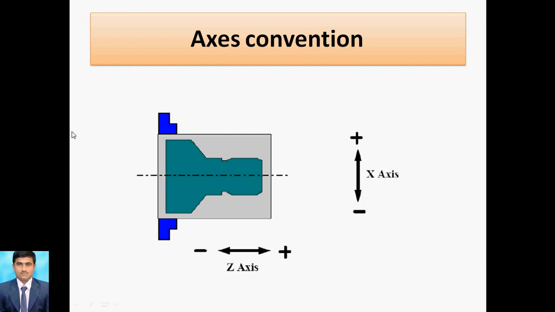Actually turning has two methods, one is radial programming and the other is diameter programming. In radial programming we mention the radius, and in diameter programming we mention the diameter. So turning operation depends on two directions only, X and Z. If you mention the diameter, you take it positive. Suppose this diameter is 20, so I can write positive X20. Suppose Z is 20, so I can write Z minus 20.